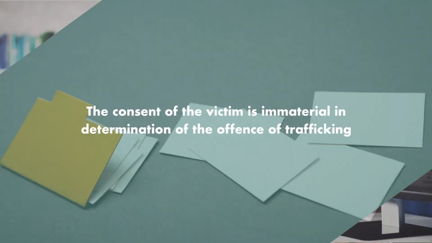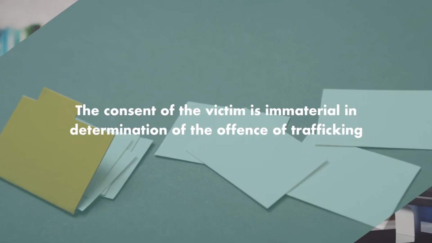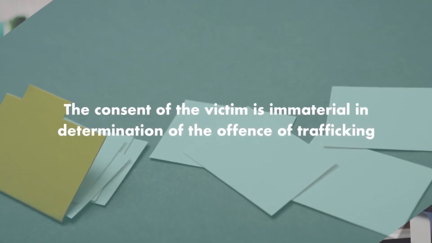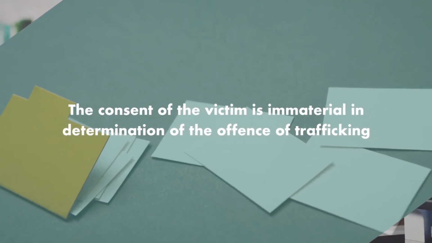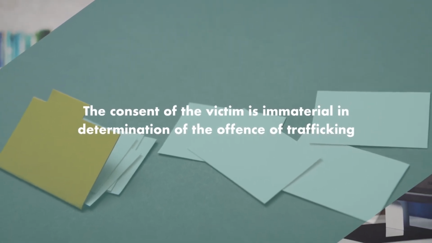So the consent is not free consent. So explanation 2 clearly says that the consent is immaterial. So a victim of trafficking is a victim and not a criminal, not an accused, not a person who should